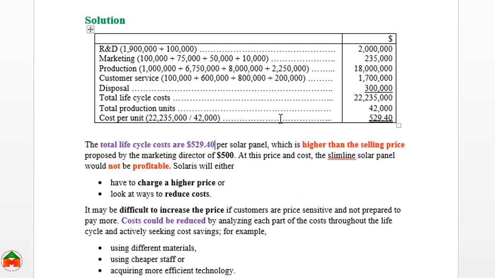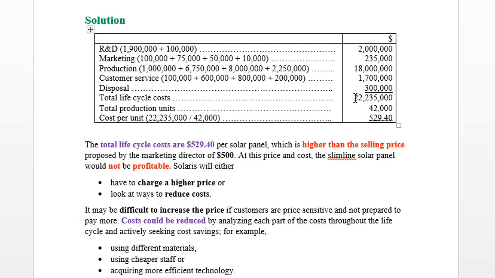Whenever we see that after doing the life cycle costing, the cost is higher than the available sale price, then we need to charge a higher price or we need to reduce the cost. But charging a higher price will not be a good decision if the customers are not interested to purchase the product with a higher price. That's why our best option is to reduce the cost, and for reducing the cost we can apply these techniques. We can use different materials, or cheaper stuff, or we can acquire a more efficient technology for